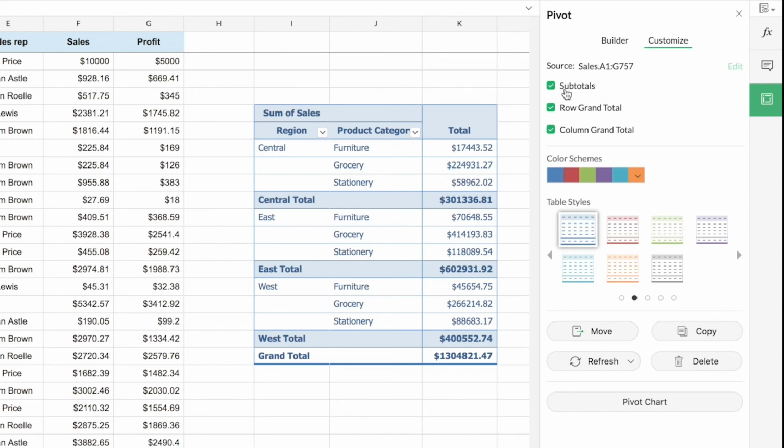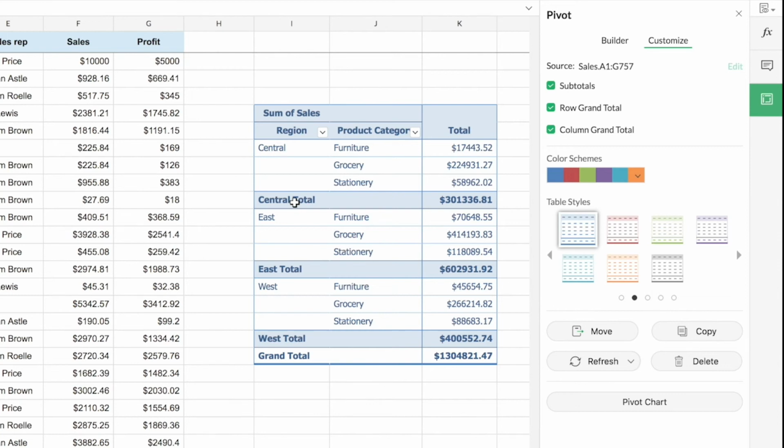Subtotals are nothing but these totals you can see here in the table. We have three different regions from our data, that is Central, East and West. This table gives me the total sales that has happened in each region. So you can see a row here called Central Total, East Total and West Total. Apart from that, at the bottom you can see that we have a grand total value that is being given. That is nothing but the sum of the total sales that have happened in all the 3 regions.